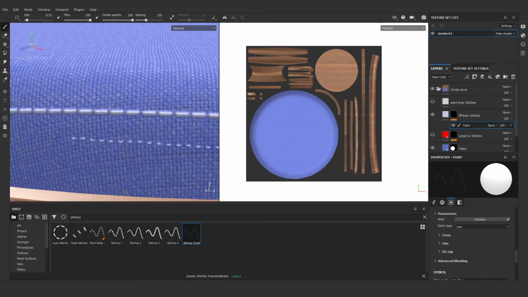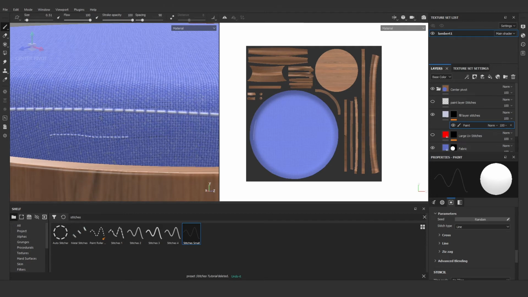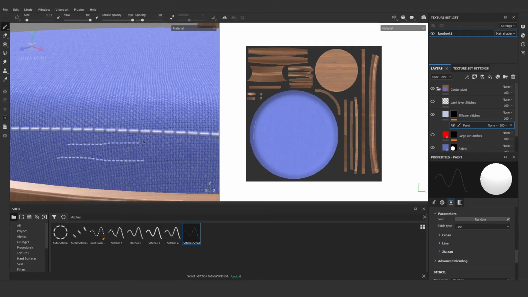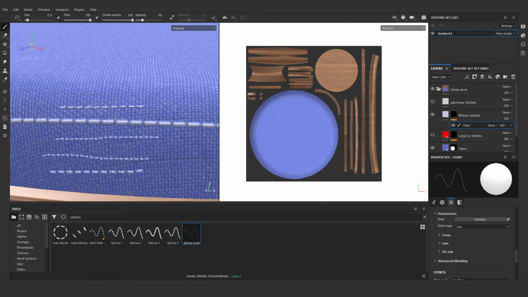Just paint with the color, size and spacing that are suitable for your model. First of all, just check and paint some areas of your model to select what is suitable. After finding the parameters suitable for your model, just create a preset.